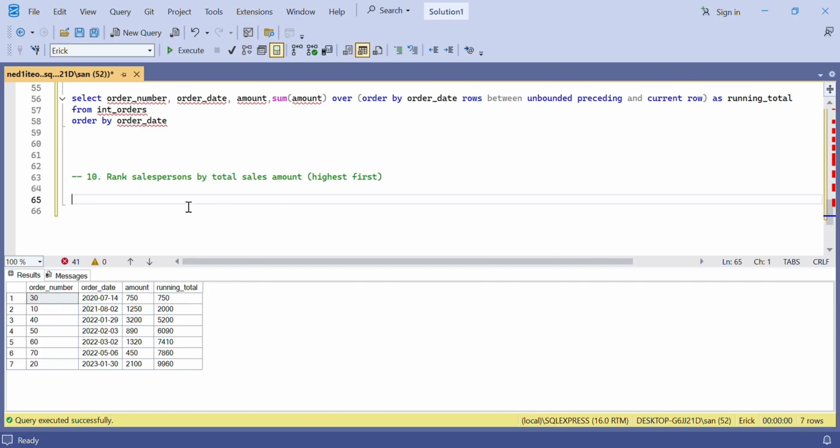So this one we can just write select salesperson ID, and then we want to find the total amount as total amount, then comma,